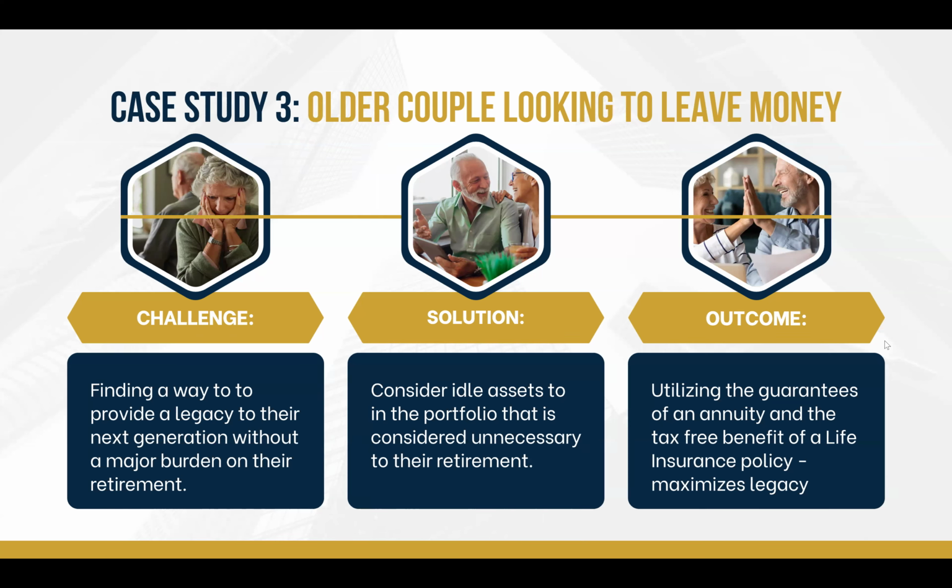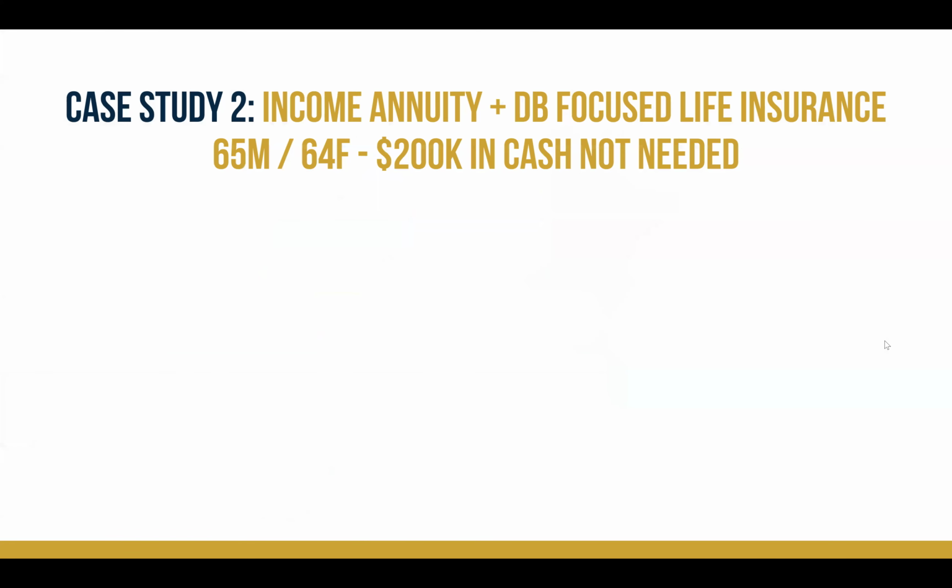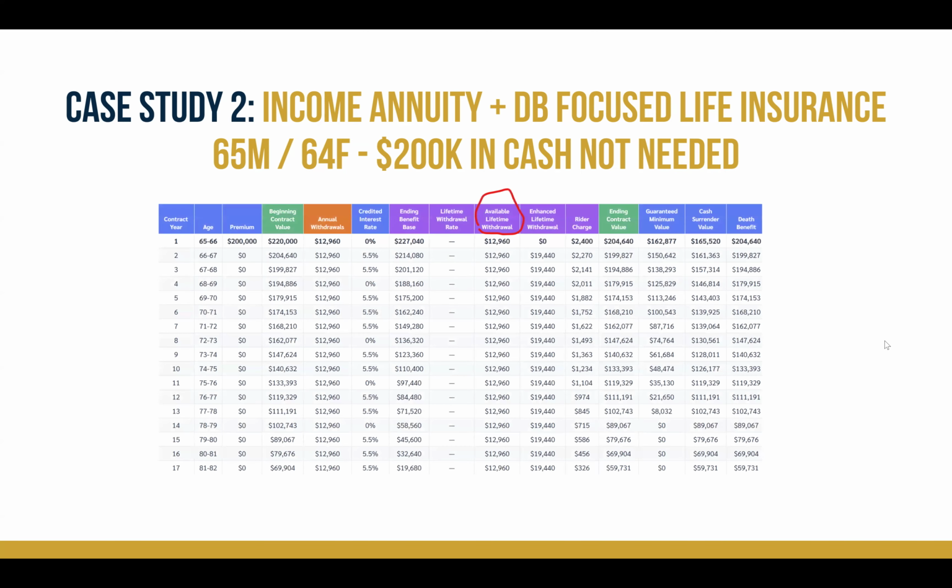it can help them maximize their legacy. What I did here is look at a scenario of an income, like a guaranteed income annuity, which will pay every single year for both lives, and a death benefit focused life insurance policy on a second to die. So why a second to die? Because it leverages your dollar farther than a single younger life. So if we look here and we run, say, a $200,000